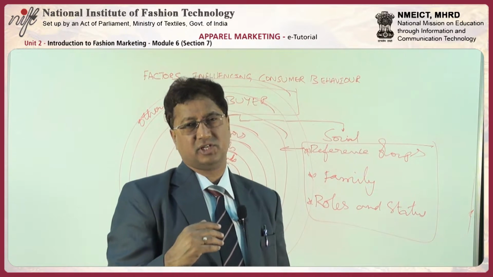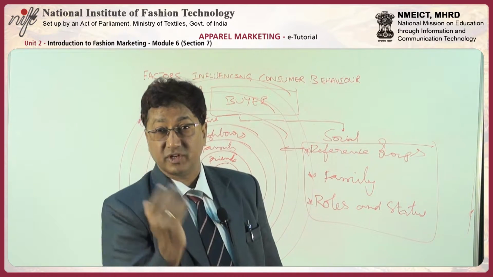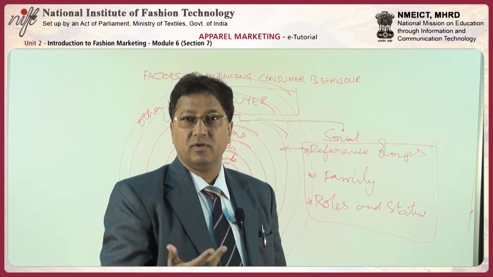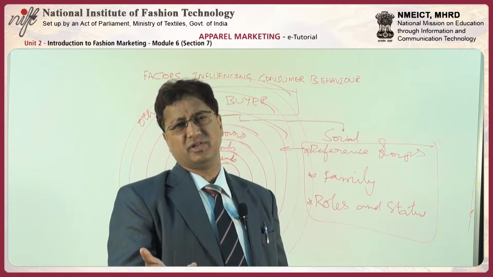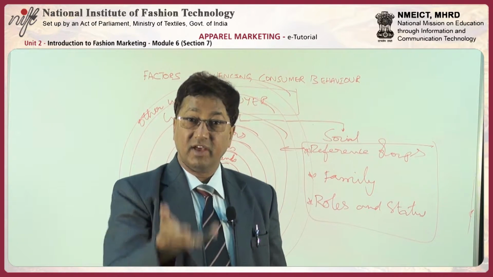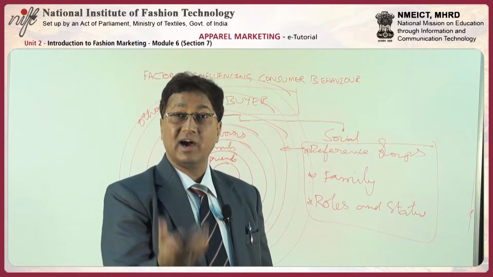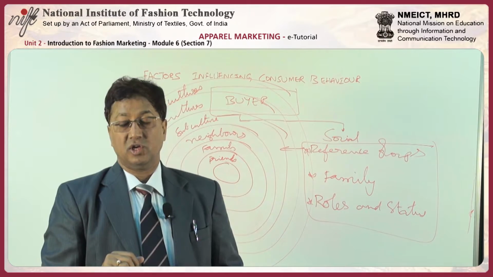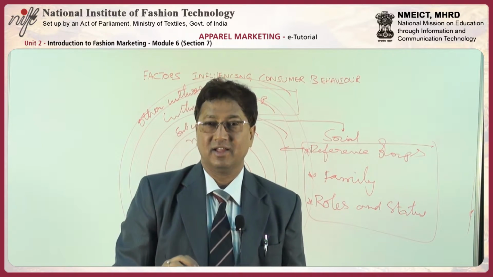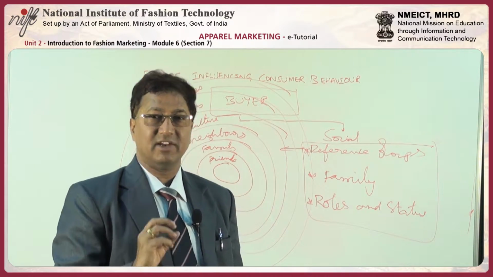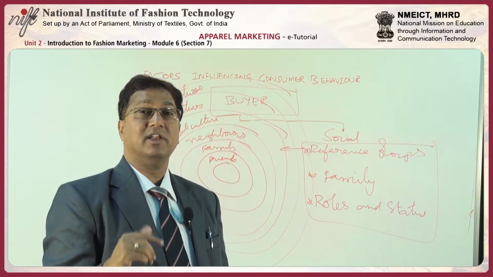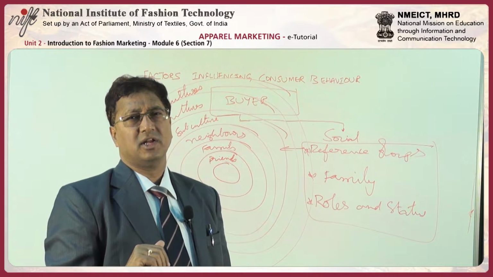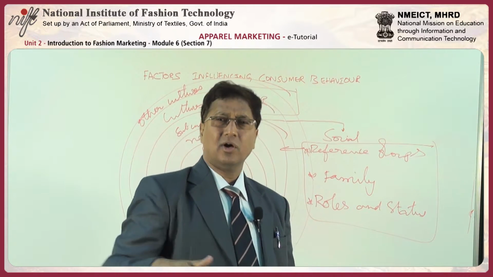And for the products which are socially conspicuous, say for example, your clothing, your jewelry, your accessories are socially conspicuous. People see your house, where you are, your salary, your car, these are all socially conspicuous products. So, we tend to normally take the reference group's advice, or they have an influence. Suppose the product is not socially conspicuous, like the bathroom or kitchen or the innerwear,